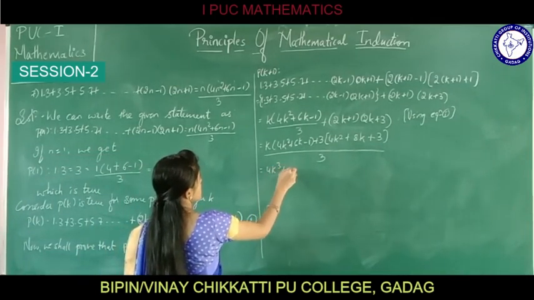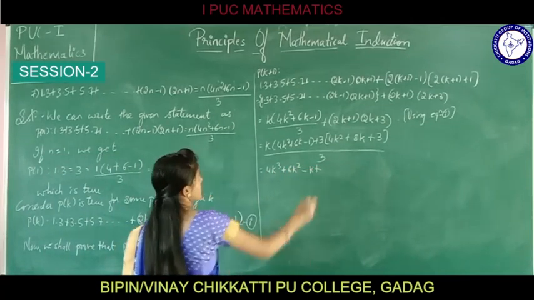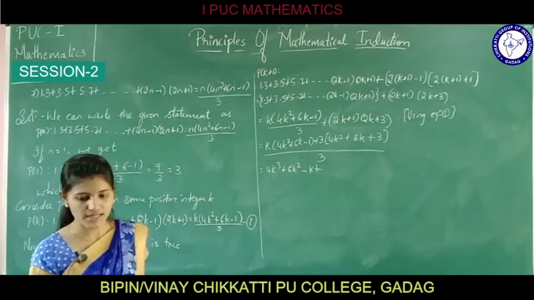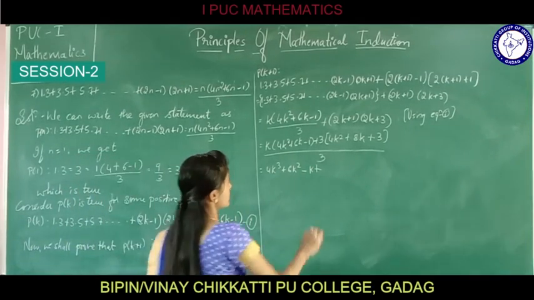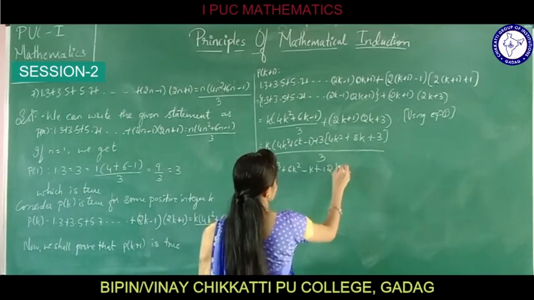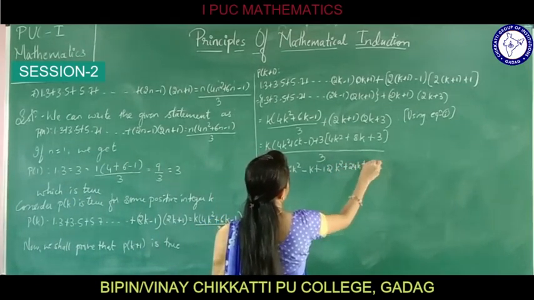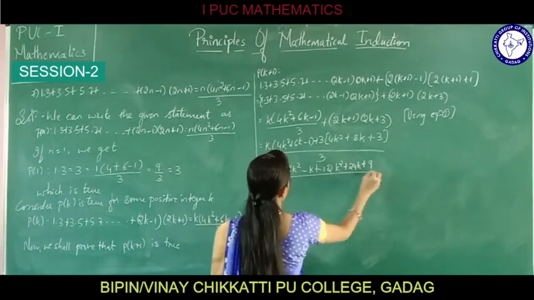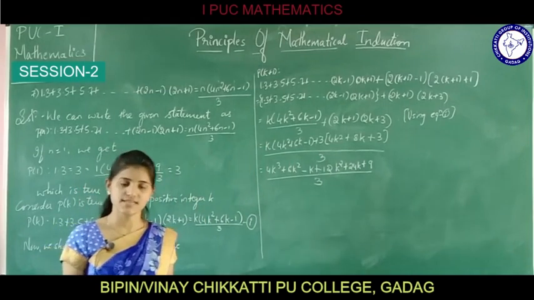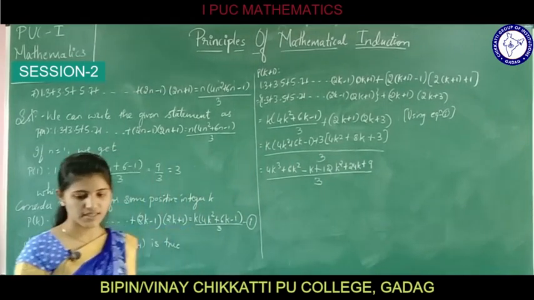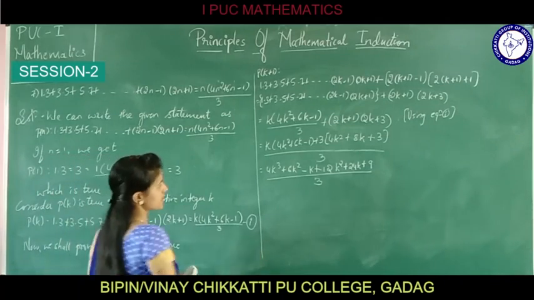4k cube plus 6k square minus k plus, that is, I have opened the bracket, plus what we are going to do, 12k square plus 24k plus 9 divided by 3. Just open the brackets and then simplify. On simplifying, we are going to get it as 4k cube plus